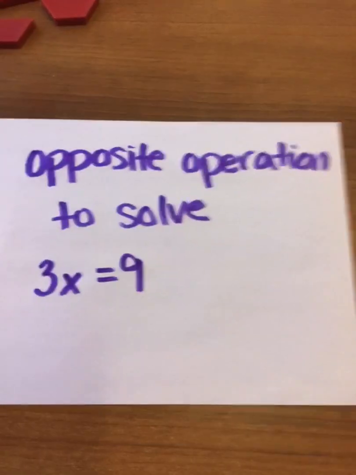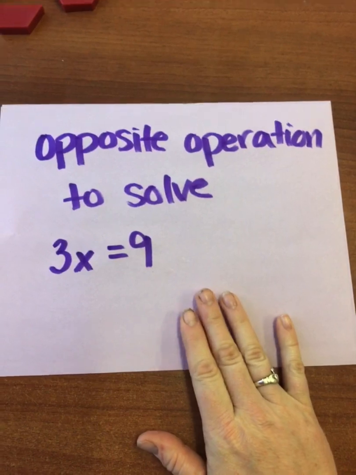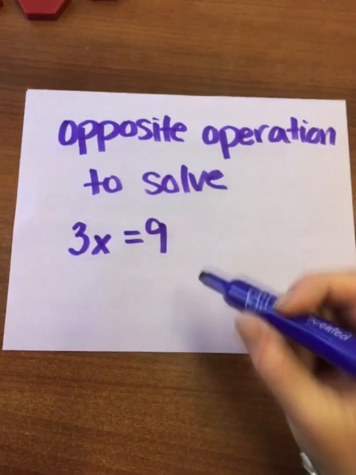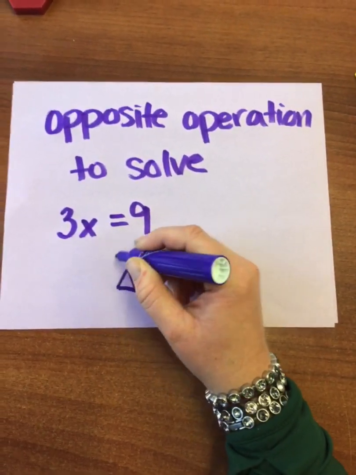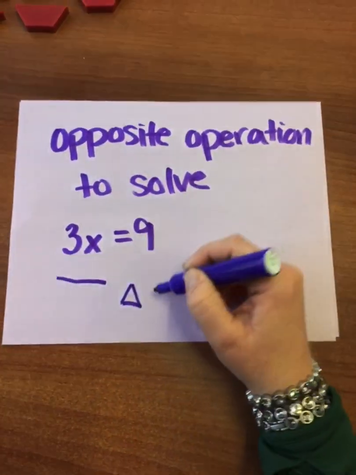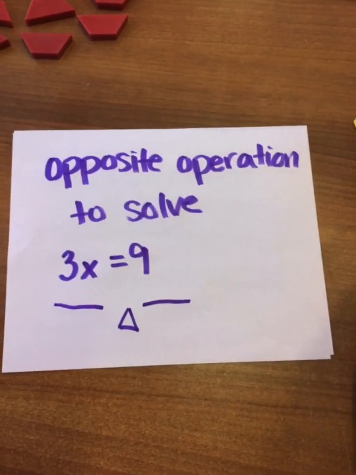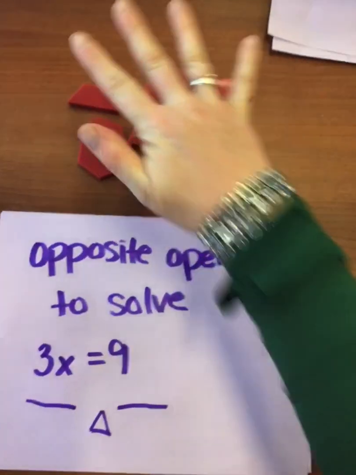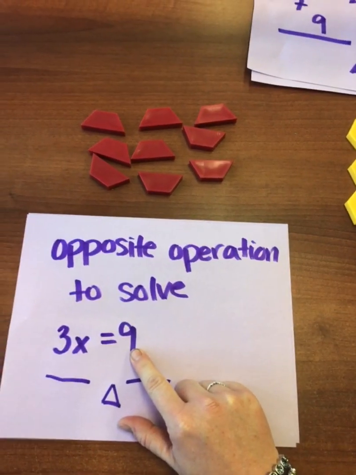What you will notice is we are using the opposite operation to solve. So in this particular problem, we have 3x equals 9. What you must remember is that whenever you have a coefficient and a variable, such as the 3x, that means to multiply, okay? So if I were to take these 9 shapes, because I have a total of 9,